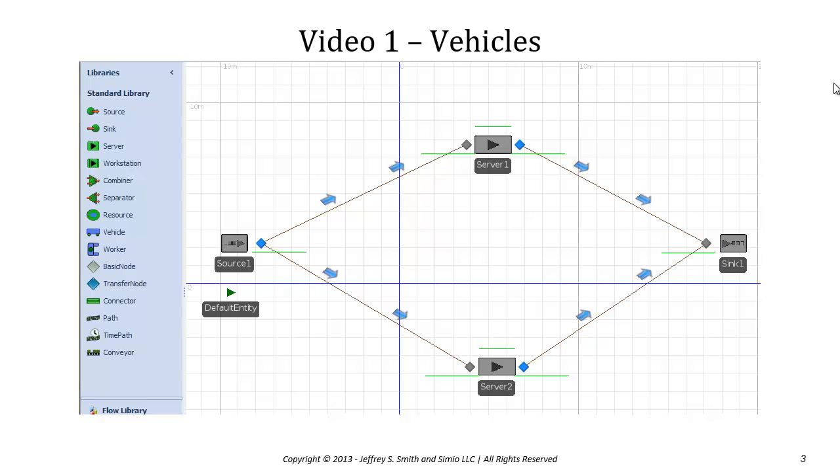In this video, we'll investigate the use of vehicles from the standard library. And so what we're going to do is start with a base model, and you can see that we have a source, two servers, and a sink, and the processing characteristics are as follows. We have exponentially distributed inter-arrival times of 1 minute, and service times at both servers are the same, triangular 1.75,